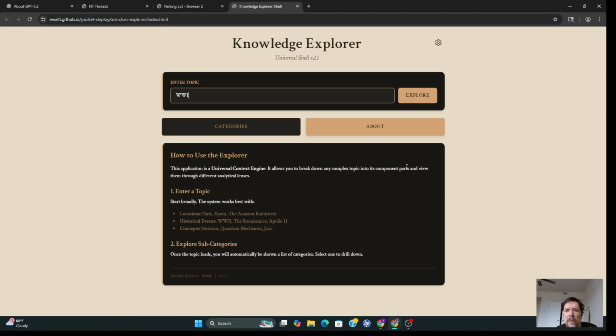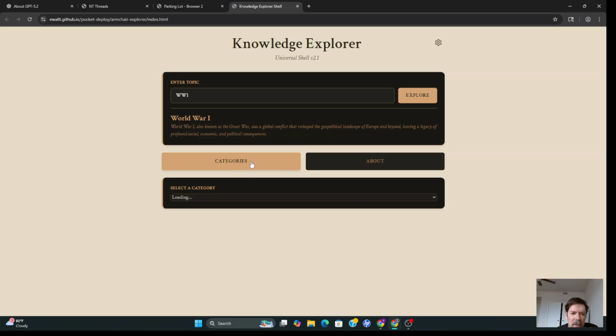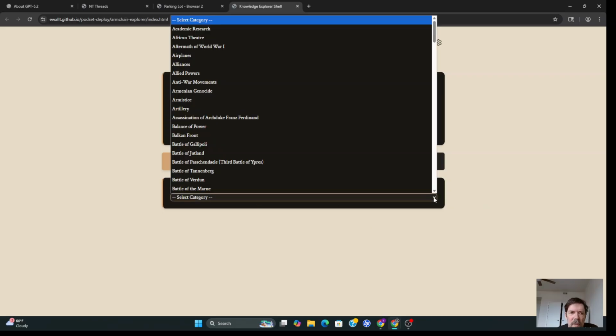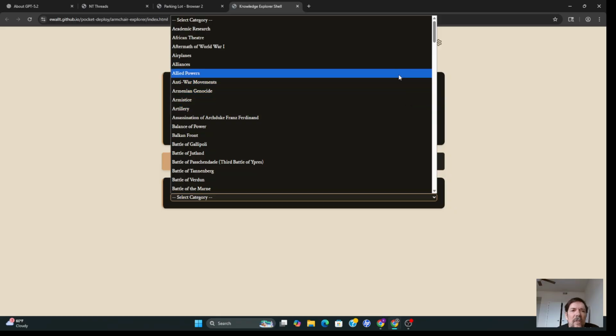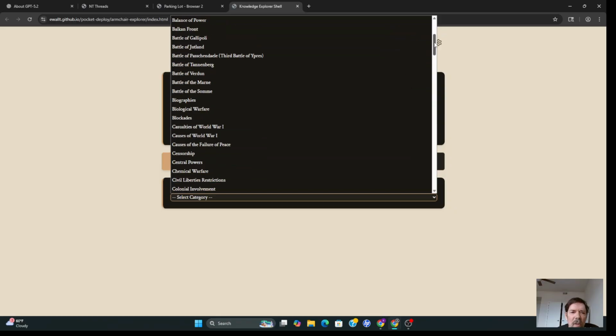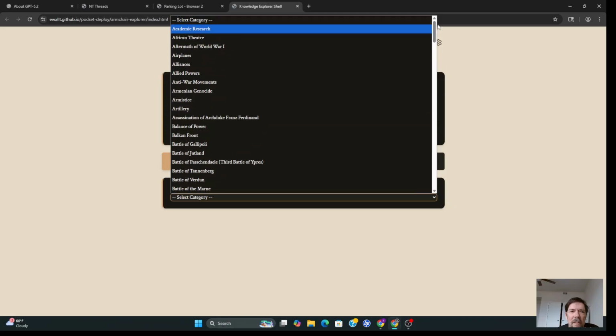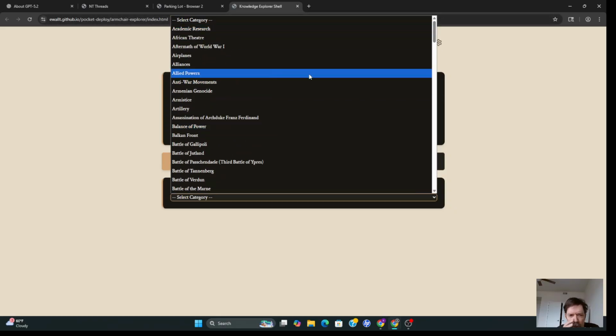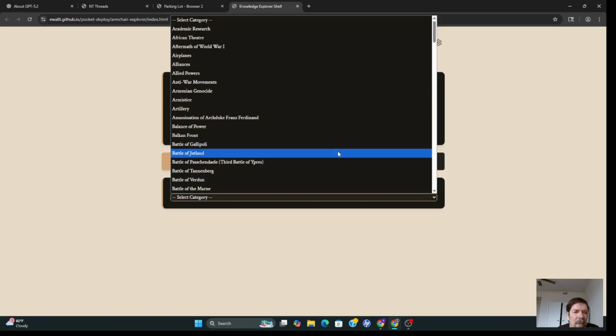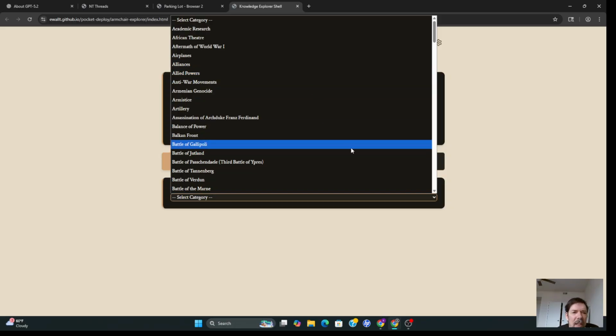I'll put in World War One. Click Explore. It comes up with categories. And it's loading the categories. It finished loading, and here are the categories. So there's a whole lot of categories. And something I think makes it interesting is that you can just scroll through and find out something you think might be interesting to look at, like